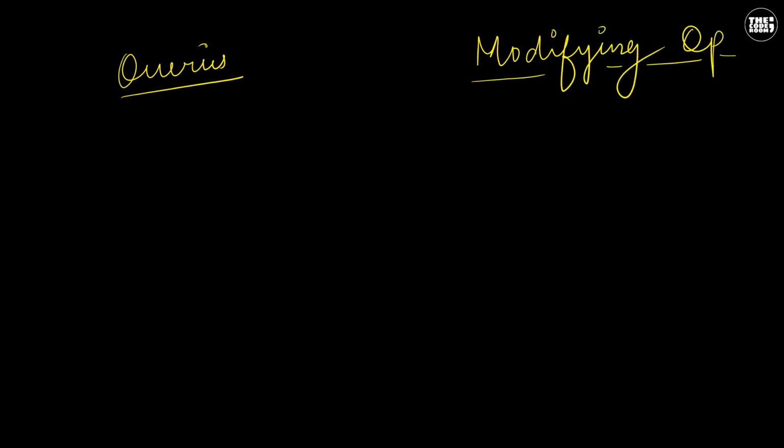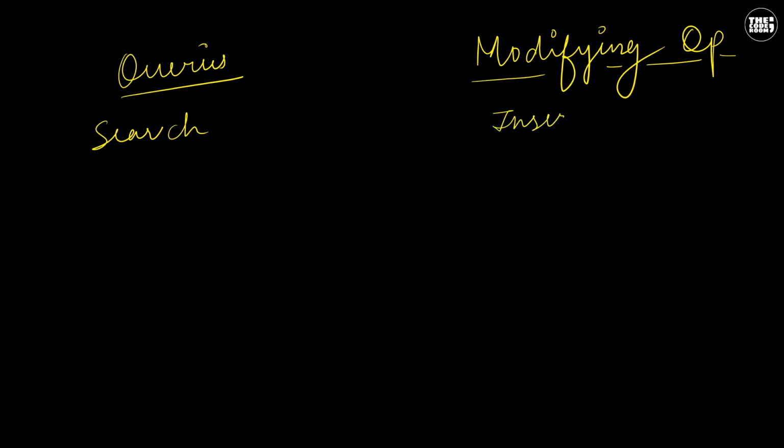There are several operations that can be performed on data structures. We generally categorize these operations as queries and modifying operations. Queries return some information about the set, whereas modifying operations change our data structure. The first operation we have is search. Search is a query. Search returns a pointer to the element in a data structure.